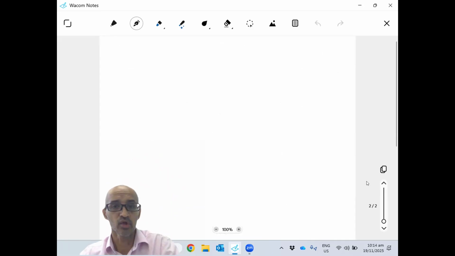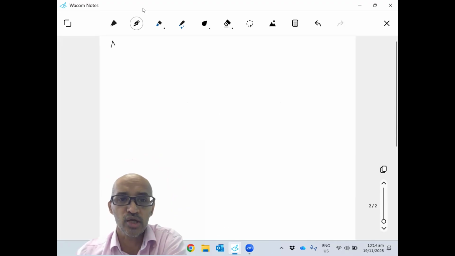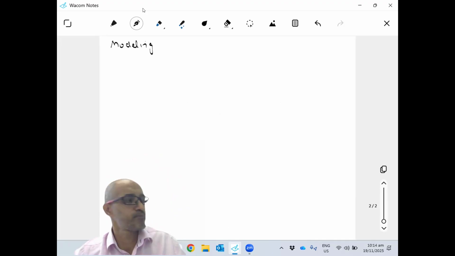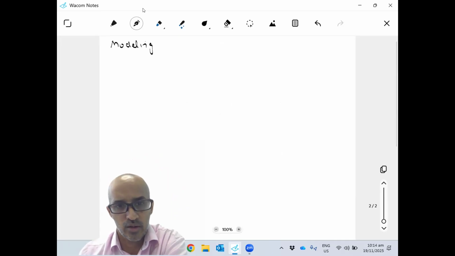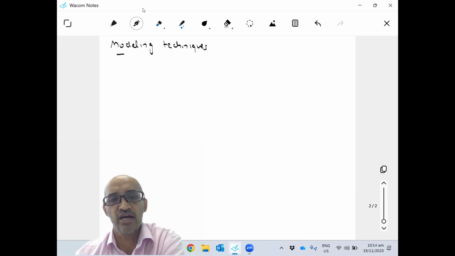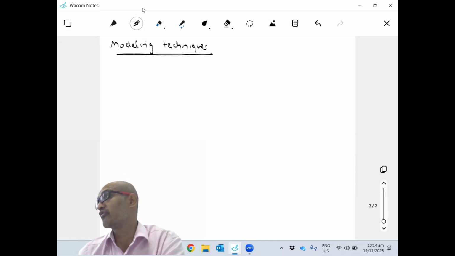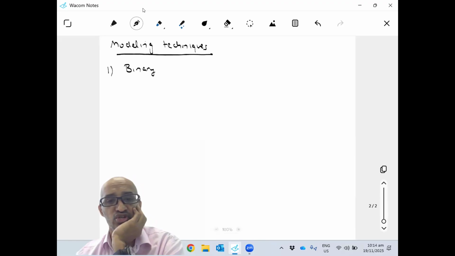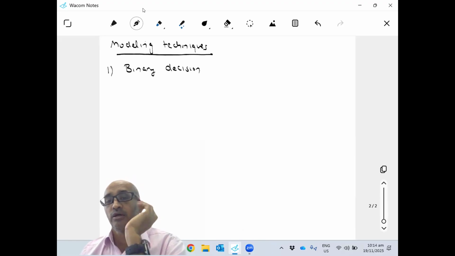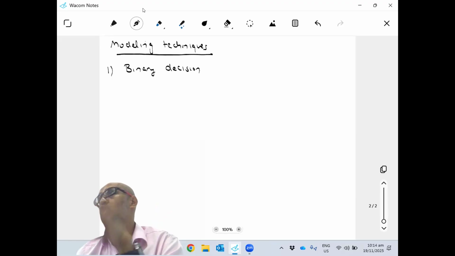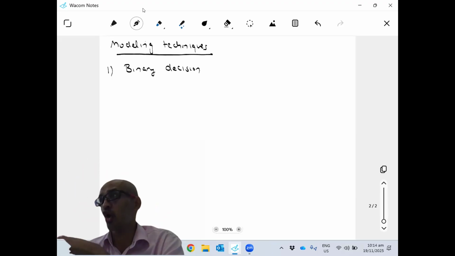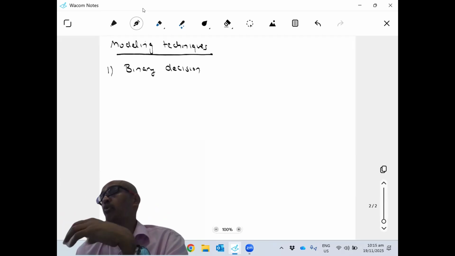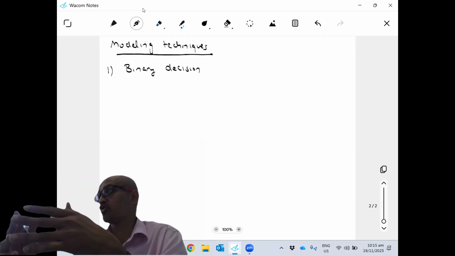So let's first talk about what you can model with IPs. I'm going to go through several ideas of modeling just to show you the power of modeling with IPs. The first, obvious one is that you can model binary decisions. In many problems, you're trying to model either doing something or not doing something: buying a stock or not buying a stock, producing an item or not producing an item,